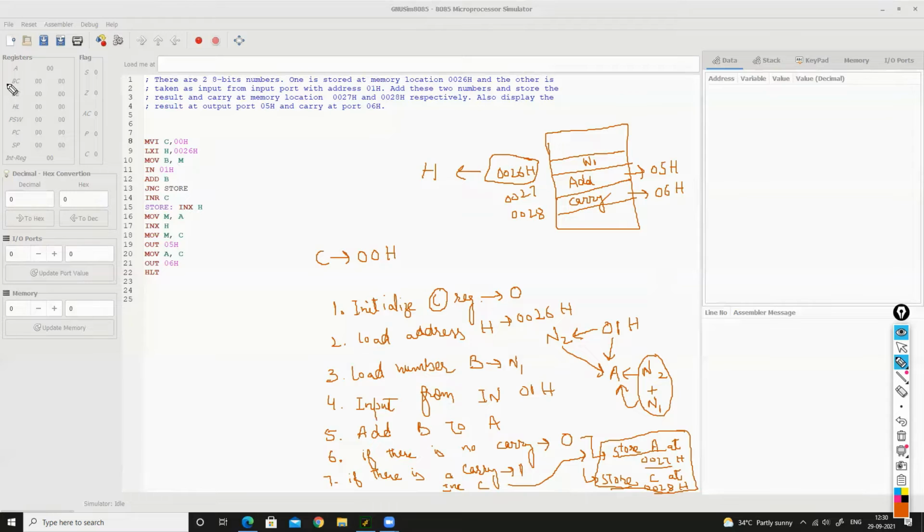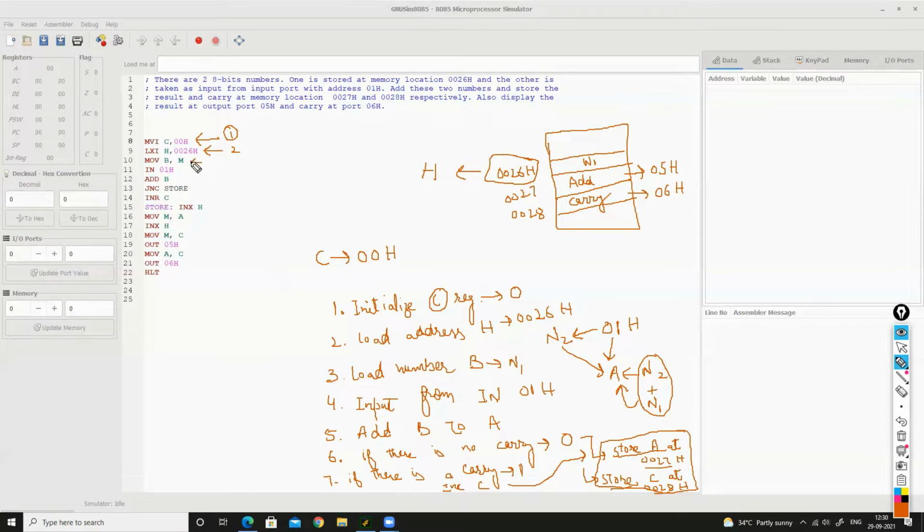First, initialize C. So here we are initializing C. This is our first step. Second is load address in HL register pair. Then load number in register B. So we have to load this number N1 in B register.